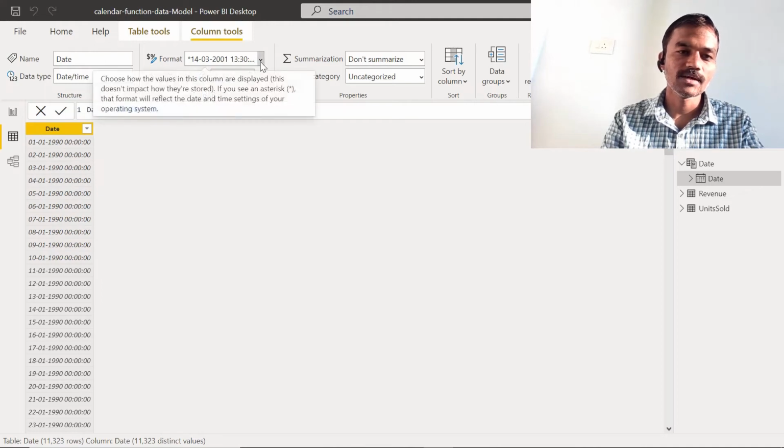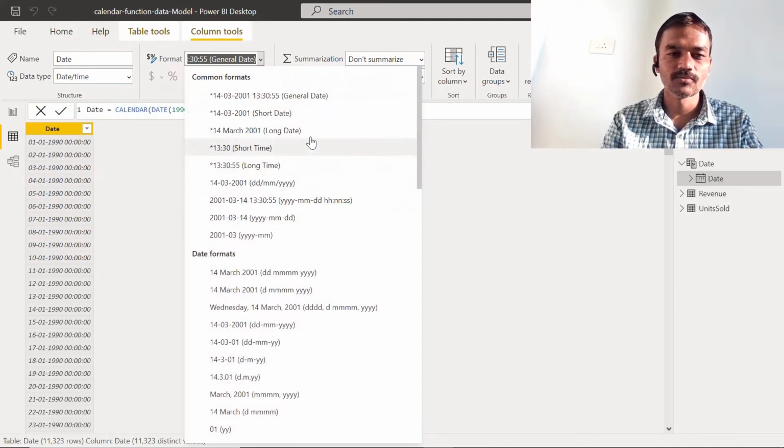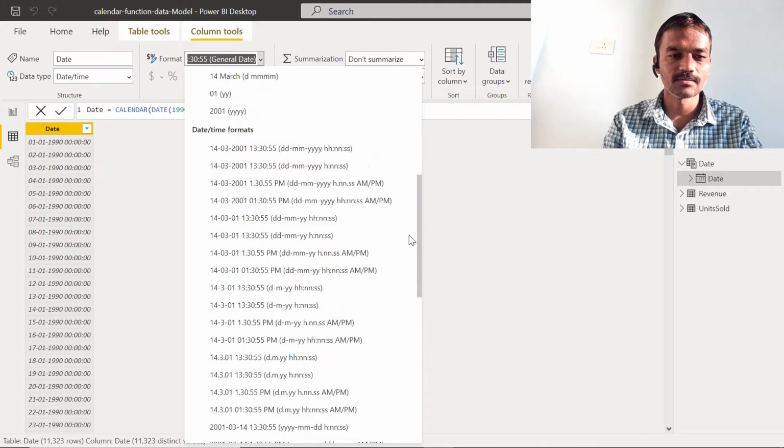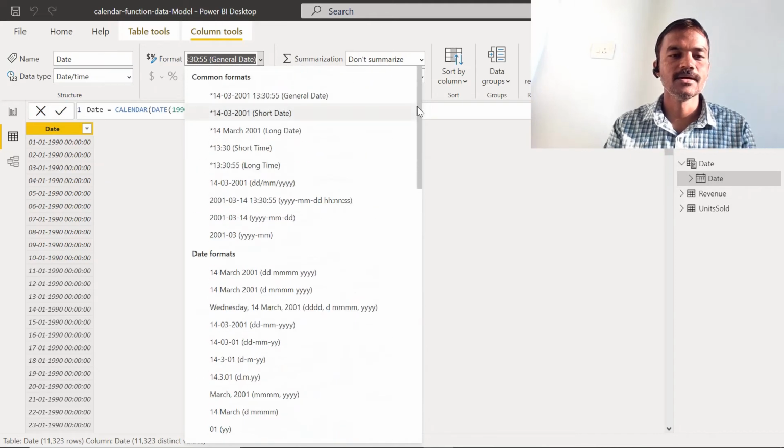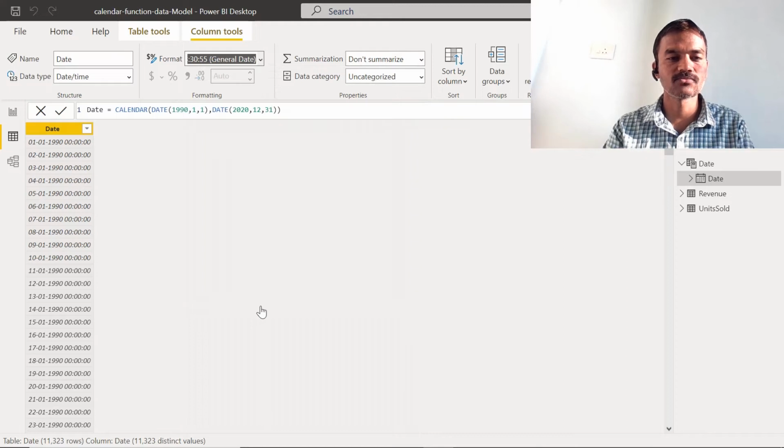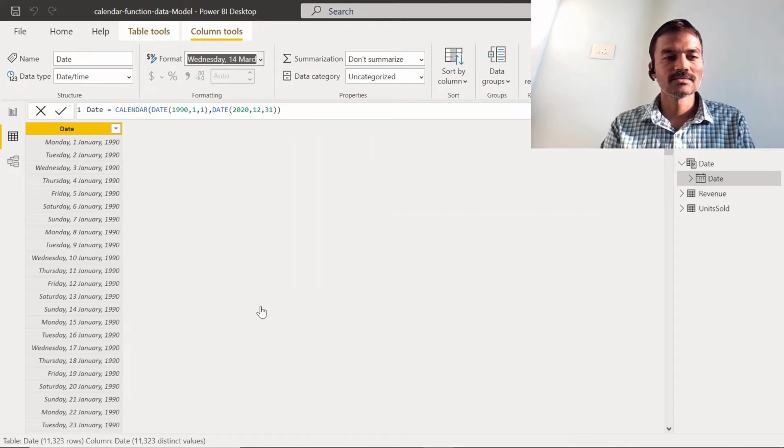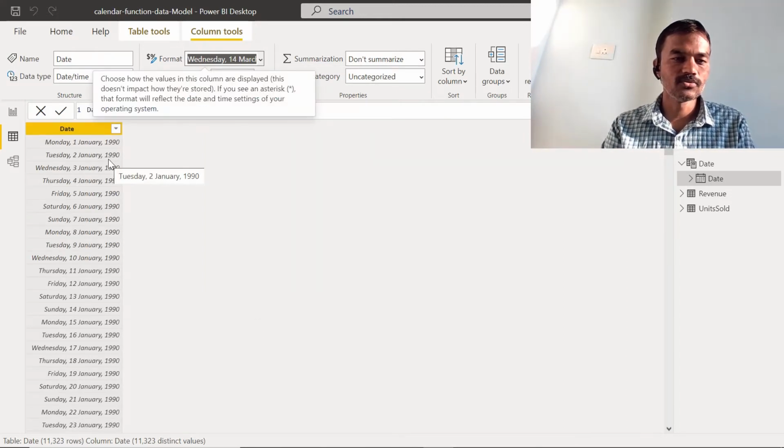Then there is a format as well, in which format you want to display. There are various formats like date with time, short time, long time, short date, long date. It depends upon our requirement or business how it wants to display the date. Let's select one of these dates. Now you can see how the data looks.